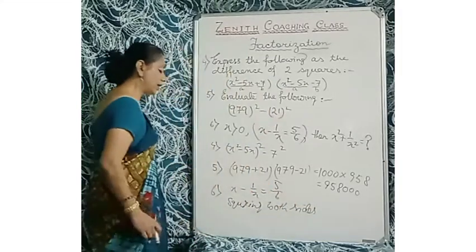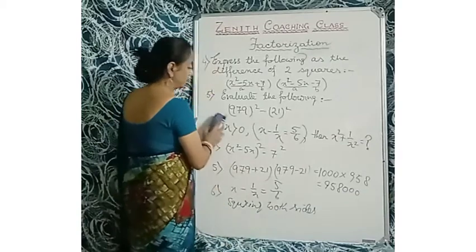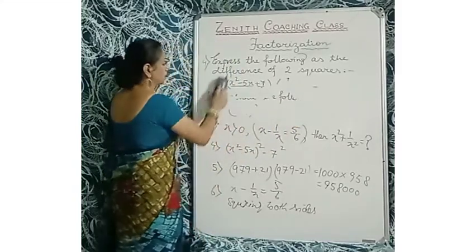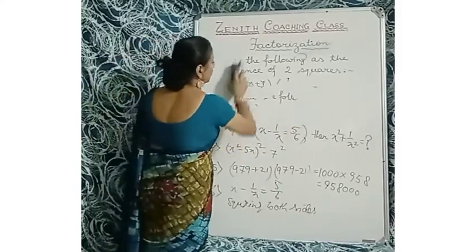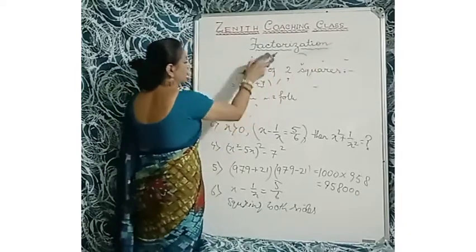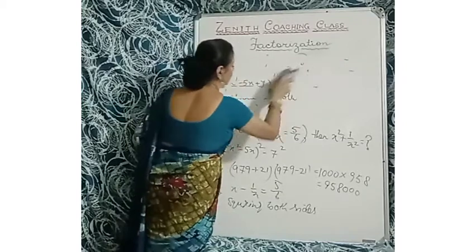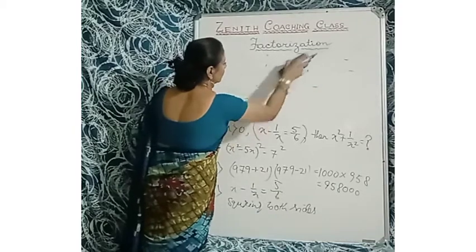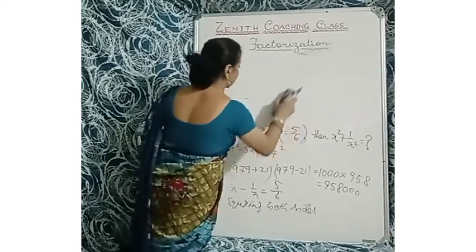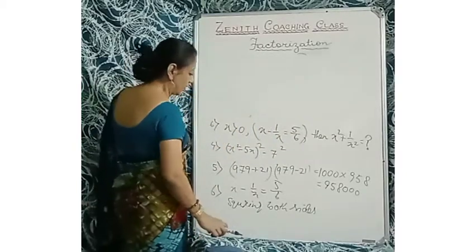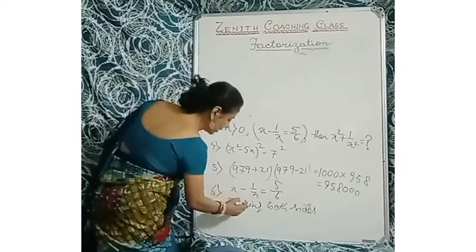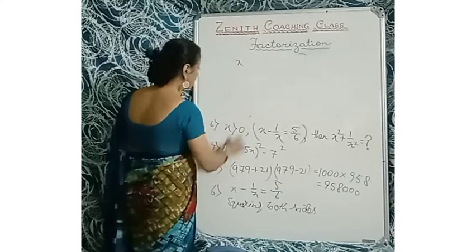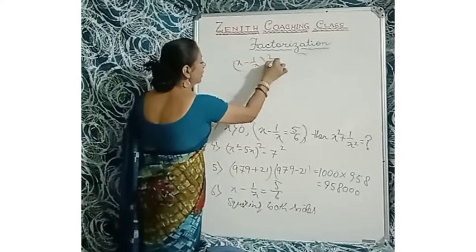So what will happen on squaring? Let me erase first. Okay. So let's see, squaring both sides. So x minus 1 by x whole square equals to